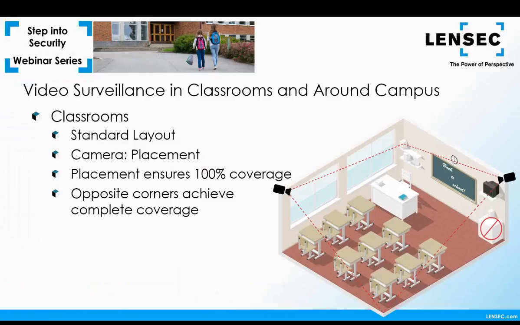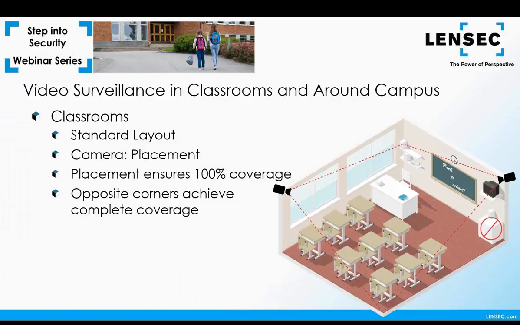I have a few recommendations when it comes to placing cameras in classrooms. I like the 2-camera setup for a standard classroom. This may not be necessary for all classrooms, but it improves coverage over 1 camera alone. You'll see here in our diagram, we recommend placing cameras in opposite corners of square classrooms to ensure there is no area that isn't in a camera view. It provides a reverse angle on activity that can provide better detail when incidents occur. Areas can be masked out using a privacy mask if necessary.